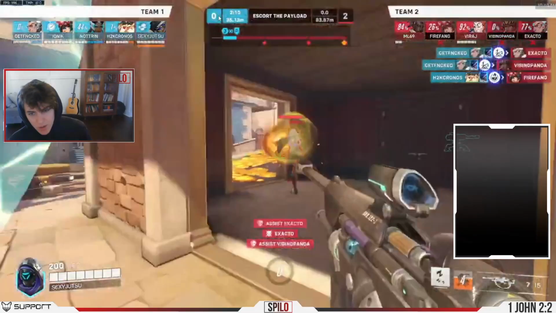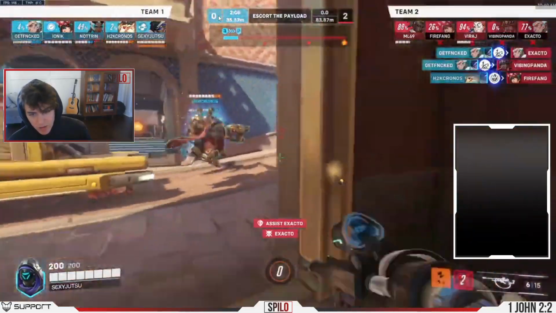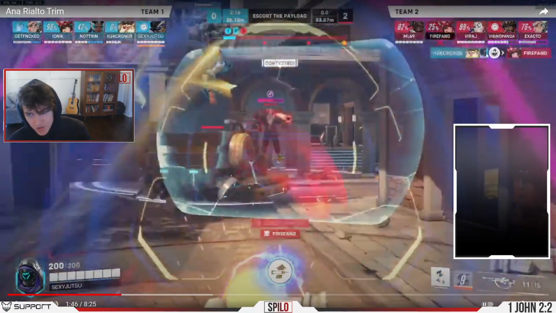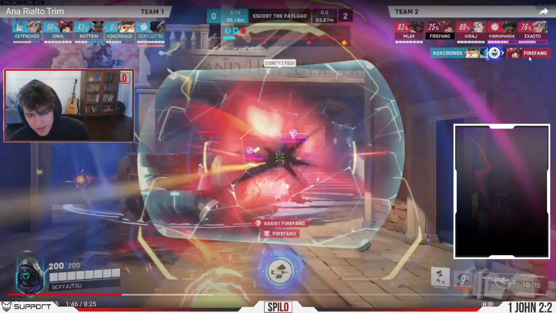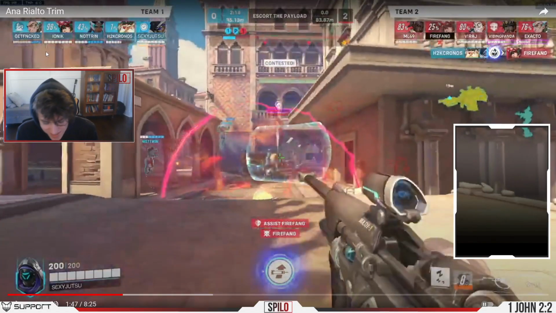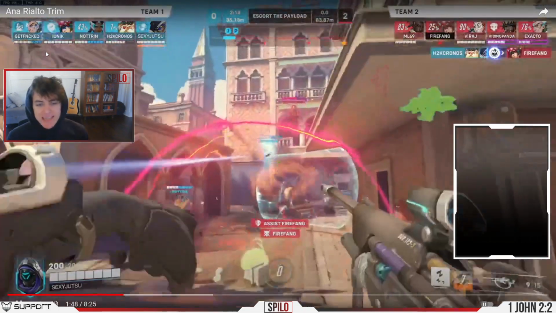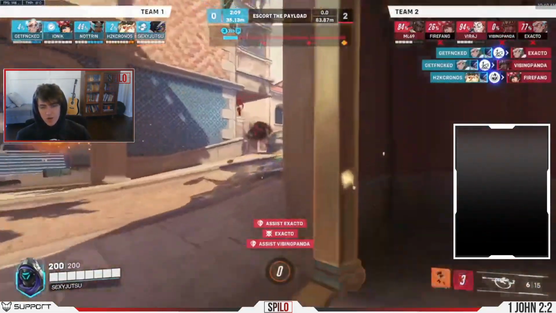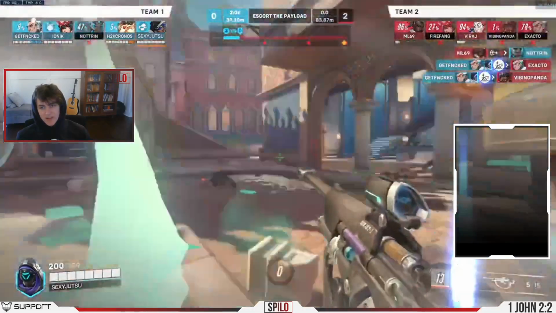Because we've used now 3 ultimates in a fight that was probably already won. Because this anti is massive. This Torbjorn ult that has just killed their Kiriko is massive. Now we're also flexing. Do you think the enemy team is going to survive this? No, that's a good point. It's over. And it's always about the next fight, right? Obviously we win this fight now. Sometimes it's okay to overuse ultimates, but right now there's a real